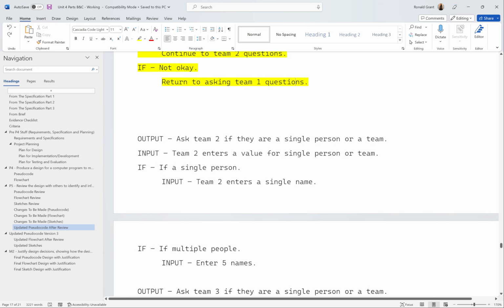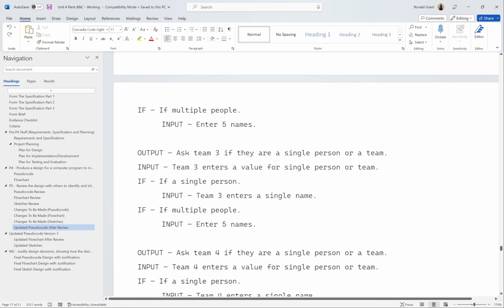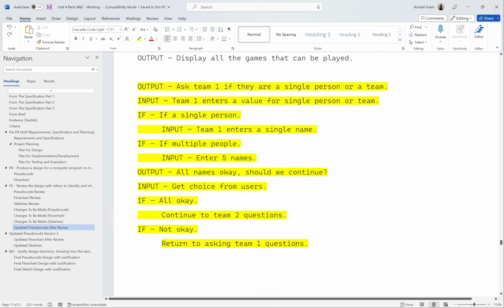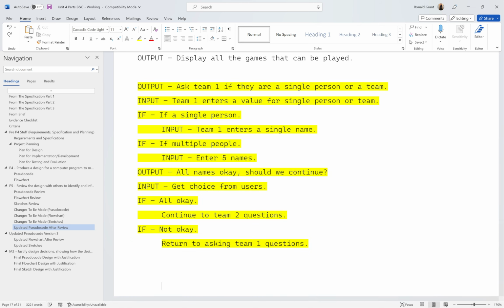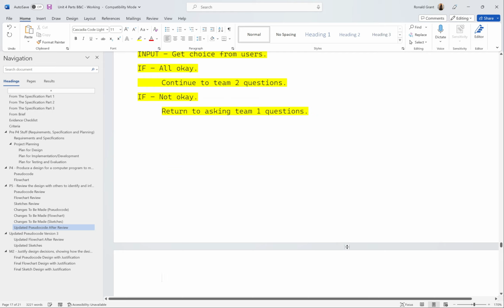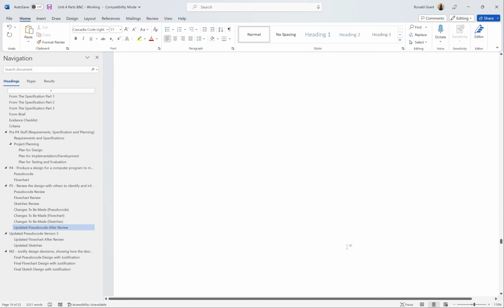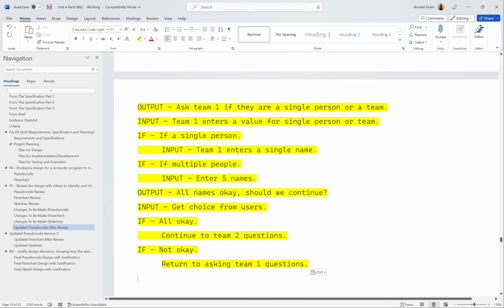Now, I haven't changed it for every single team asking section because it's going to be the same thing again. So all I really have to do is copy this, make some space down here, let's say. Let's go on a new page again. I could make some space here. And once I paste this, I change team 1 to team 2, and I change team 2 to team 3. For example,